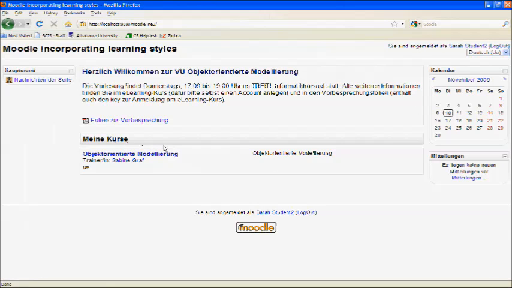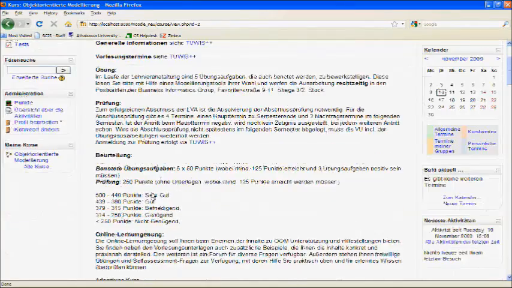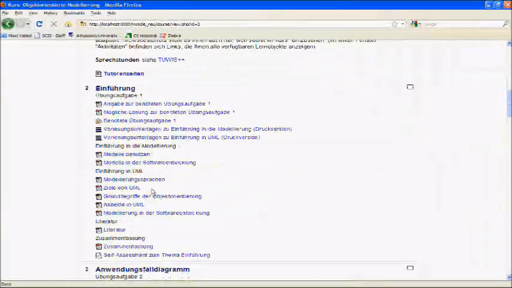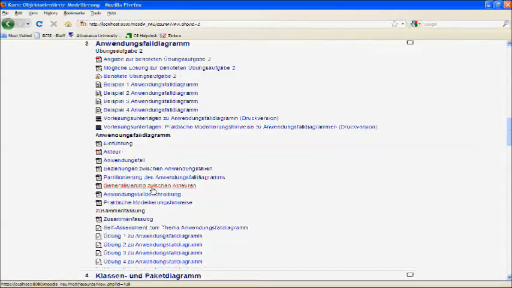So we go again to the course, and the beginning of the course looks quite the same. We have again discussion forums, we have again the general information about the course. Then we have the introduction chapter, and then the adaptive chapter starts. In the beginning of the adaptive chapter we have again the information about the assignment, and then since we know